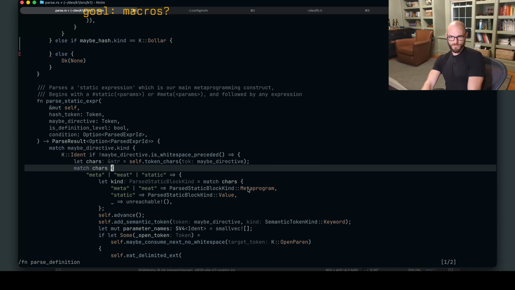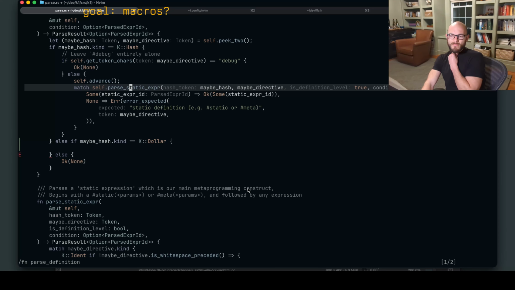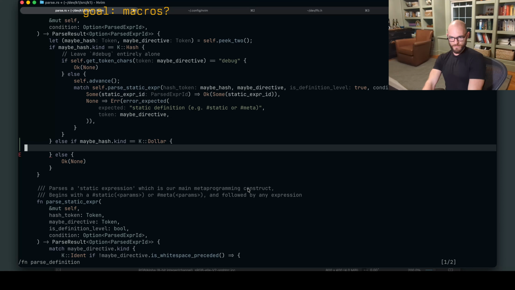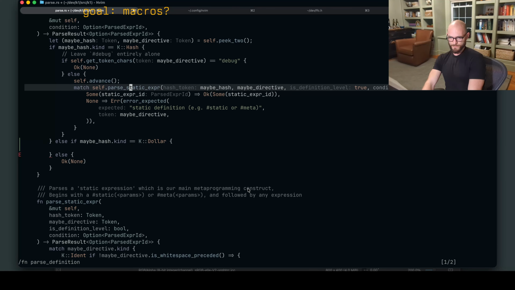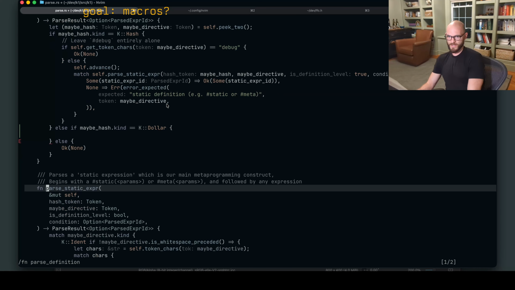I think I can do it this way. I need to be able to call back into this. Okay. Let's advance. Let's not advance past the dollar, right? But this is calling parse, but we know we found a hash.